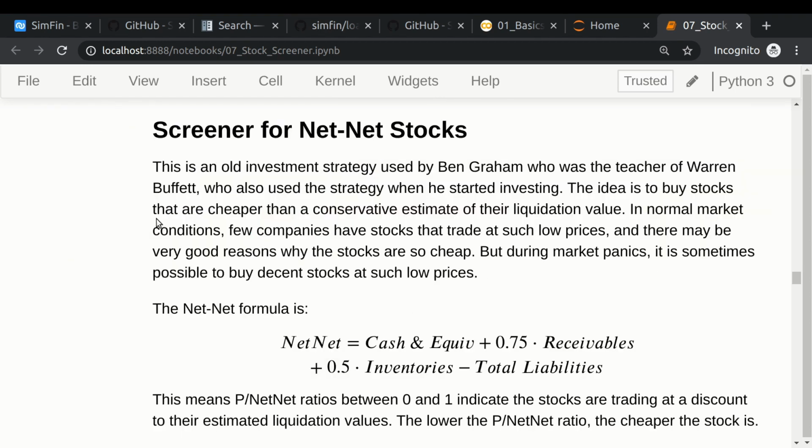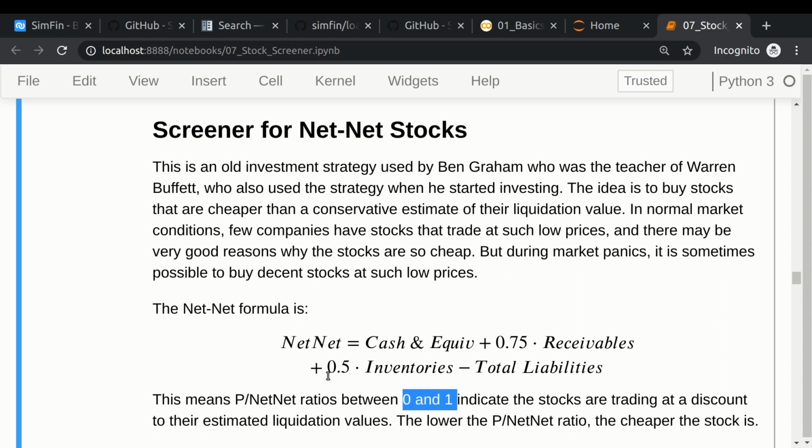So this is an example of a net screener, and this is an idea that was invented by a man named Ben Graham, and he was a teacher of Warren Buffett. It is basically trying to find companies that are trading at a share price that is lower than a conservative estimate of the company's liquidation value. That is called the price to net ratio. And when it is between 0 and 1, it indicates that the stocks are trading at a discount to the